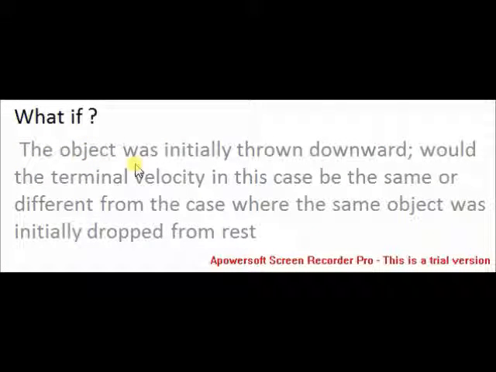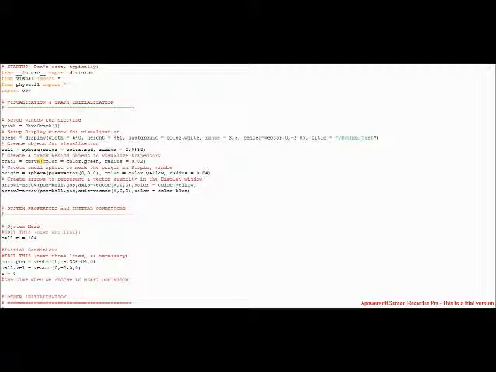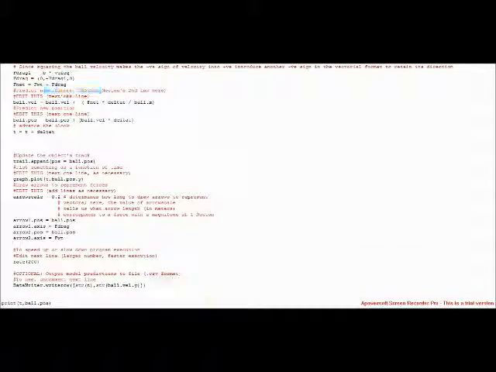So what if the object was initially thrown downward? Would the terminal velocity in this case be the same or different from the case where the same object was initially dropped from rest, which means Vi is not equal to 0? Let's see. By changing the initial velocity of the ball, I have given it to be around minus 2.5. Let's see what happens. Running the module,